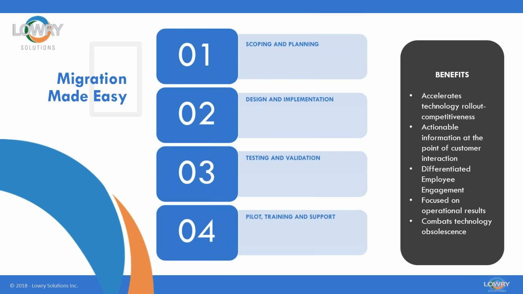Basically, we break it into 4 steps. We do the scoping and planning with you, shoulder to shoulder, so you're never on your own. Then the design and implementation: you have to make sure there's compatibility and that the apps are going to work. You don't want anyone to be stranded. The testing and validation is critical, as David mentioned, because you're sometimes doing development on a different environment, a different platform. If you have Windows developers, they might have a little reluctance to move to an Android platform to do development. And then finally, the piloting and the training, and then the continued support are things that are offered through the service contracts and other professional service offerings.